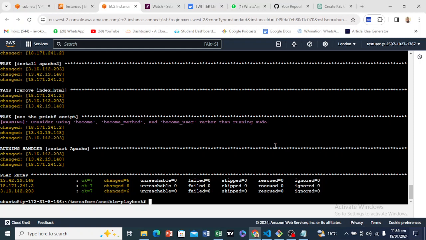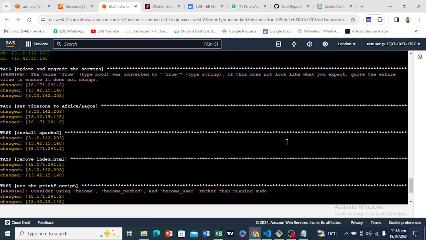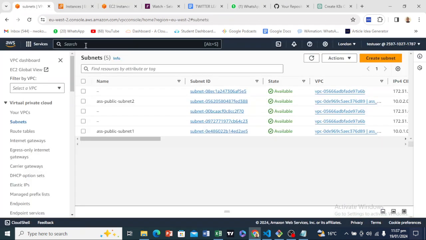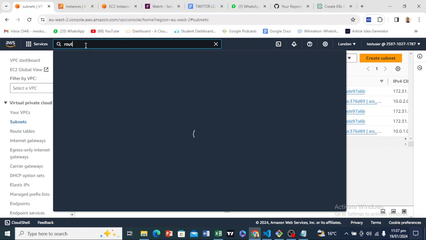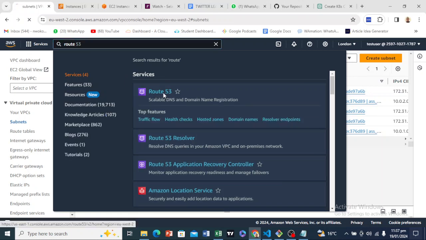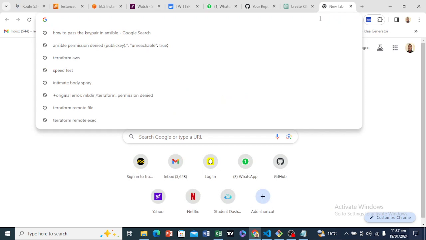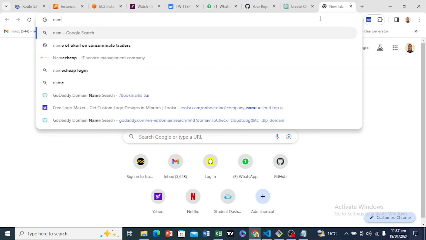And yes, another thing, which is the last thing, is the domain name or host name. So now if I go over to my Route 53, yeah. So now you have to go to your domain provider, right? If it is Namecheap, if it is name dot